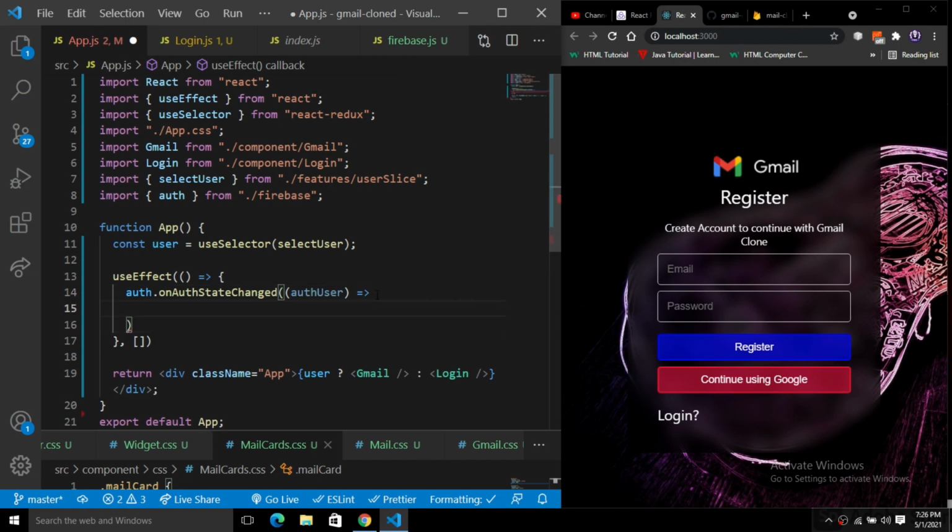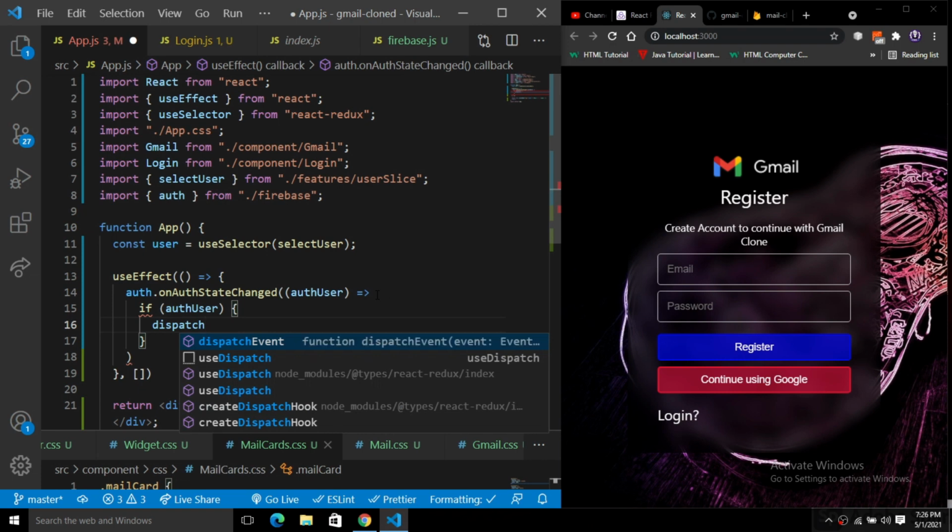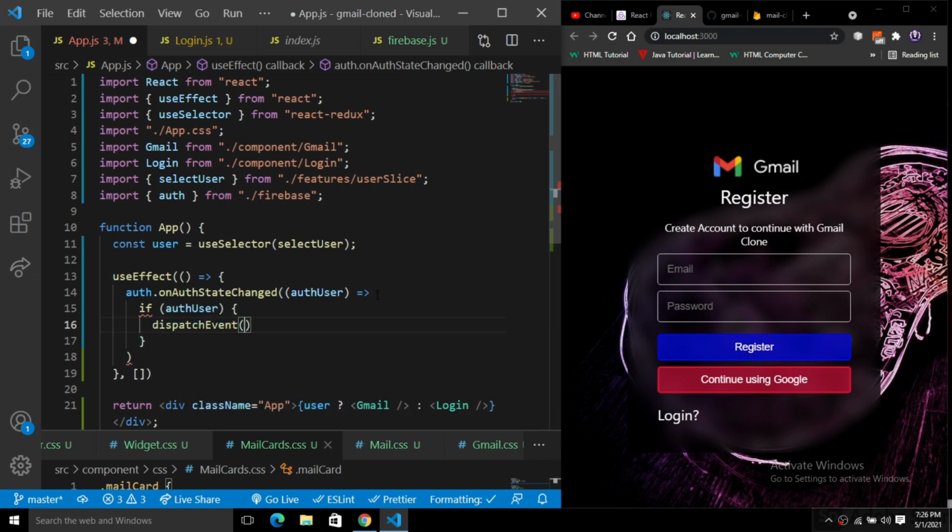So if we have this authUser, means if the user is created, then we have a dispatch. Inside of this dispatch, let me put it dispatch, not event, and here we will just pass the login that we have created, right?